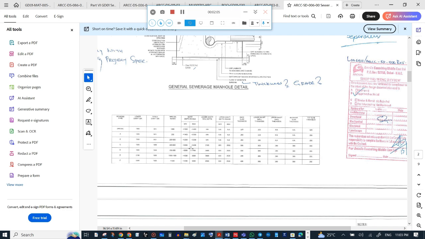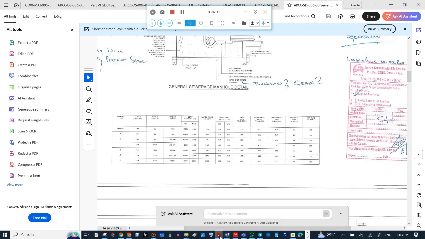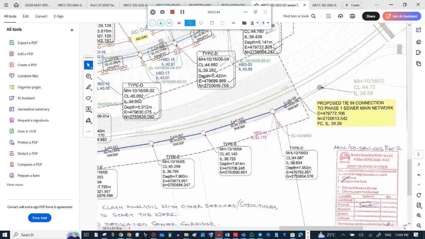So in the previous drawing, we are using maximum 500 mm GRP line, so it includes both, but here the maximum depth of type D is 7.7, which in our case we have 7.5, and it is 7.9 in the type C. That's why here it is type E, and it is type D, because we can use type D up to